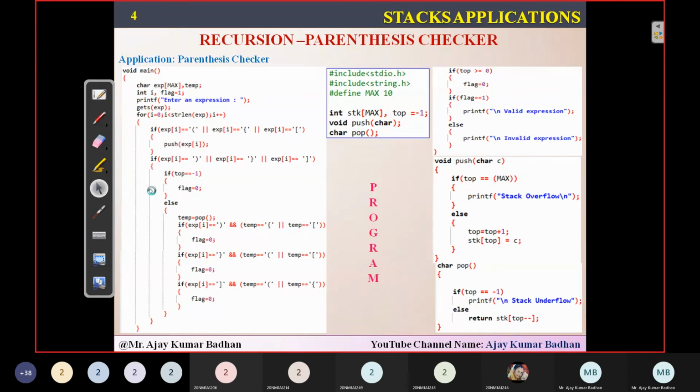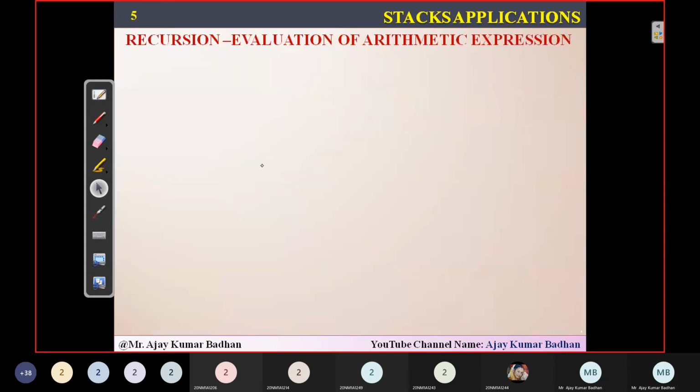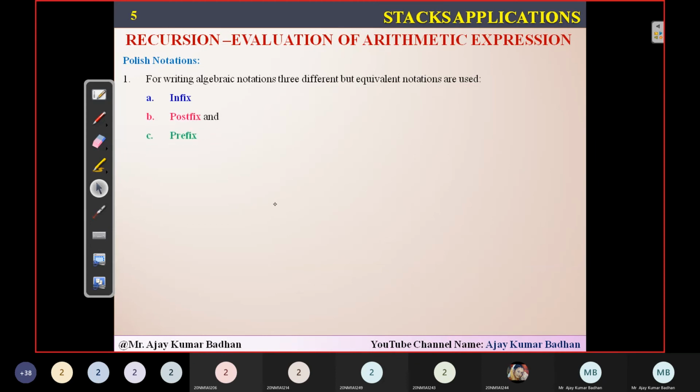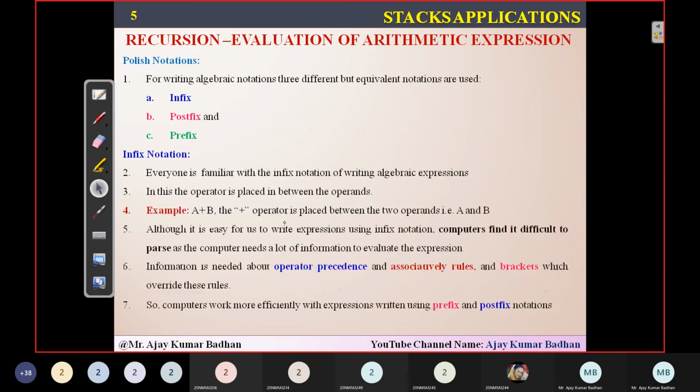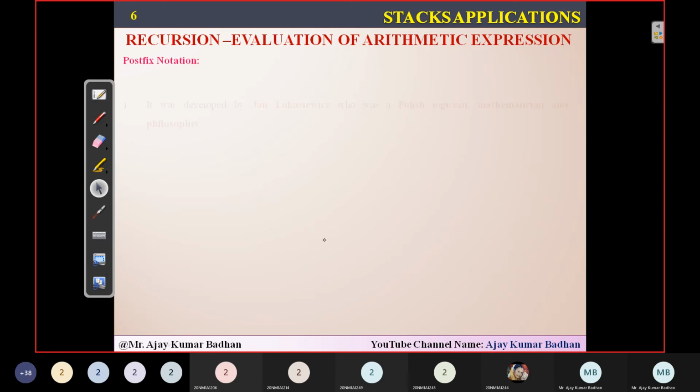So this is what we have. In the next session, I will be explaining something called evaluation of arithmetic expression. I need a bit more time for this, and since we hardly have 4 or 5 minutes here, I can't explain it right now. So you can just go through it. In this evaluation of arithmetic expression, we actually discuss different notations: infix notation, postfix notation, and prefix notation. These are the different expressions that we will be discussing in the coming session. I'll explain them one by one. Don't worry, these are very easy to understand.